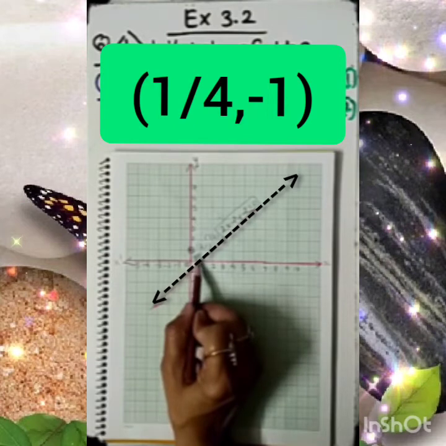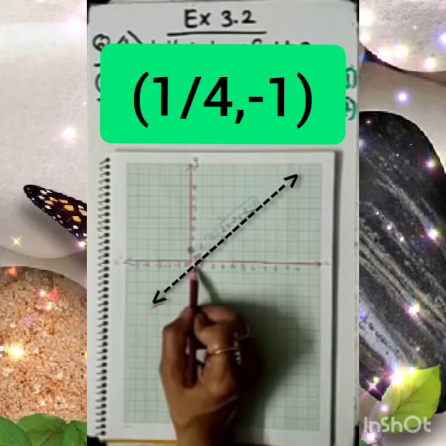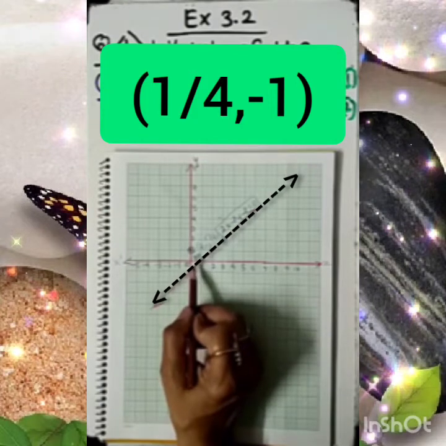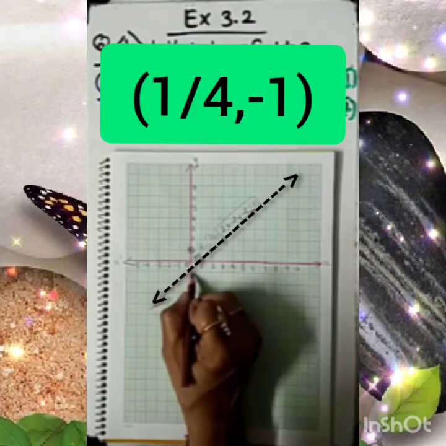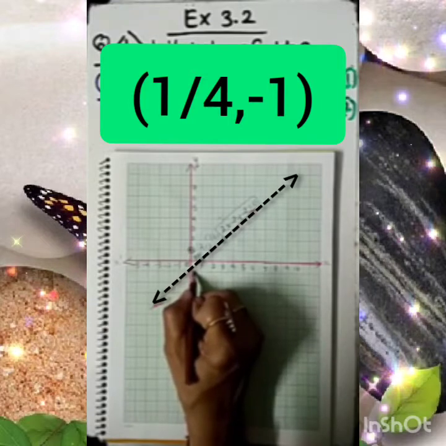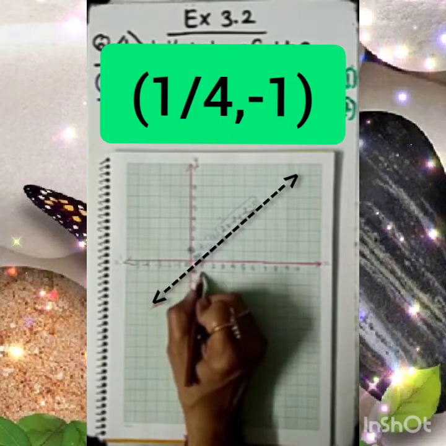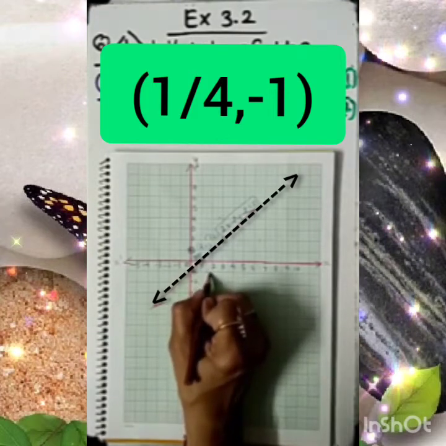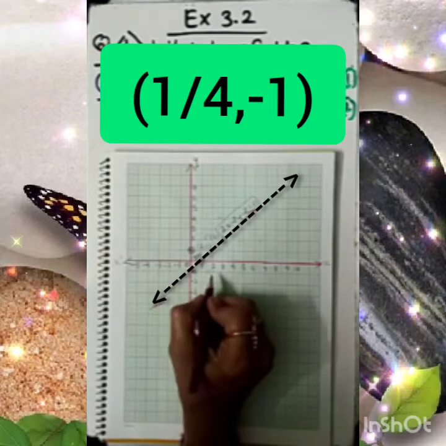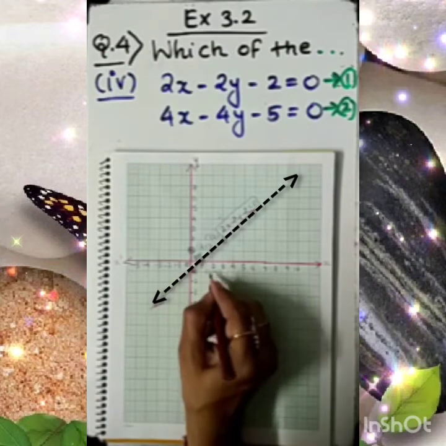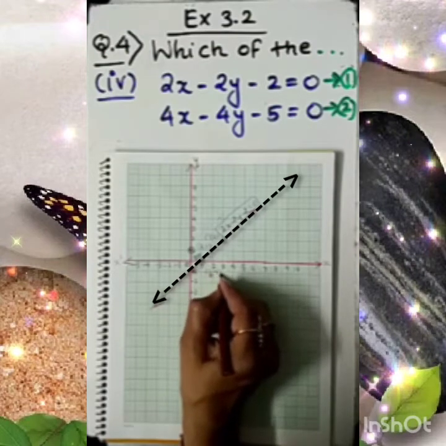So from 0 to 1, this much portion you know. If I choose the darker line between 0 to 1, it indicates half. Agree? And just between 0 to half, I need to locate the point somewhere that indicates 1/4. This point is 1/4 comma minus 1. This point is quite nearer to that line.